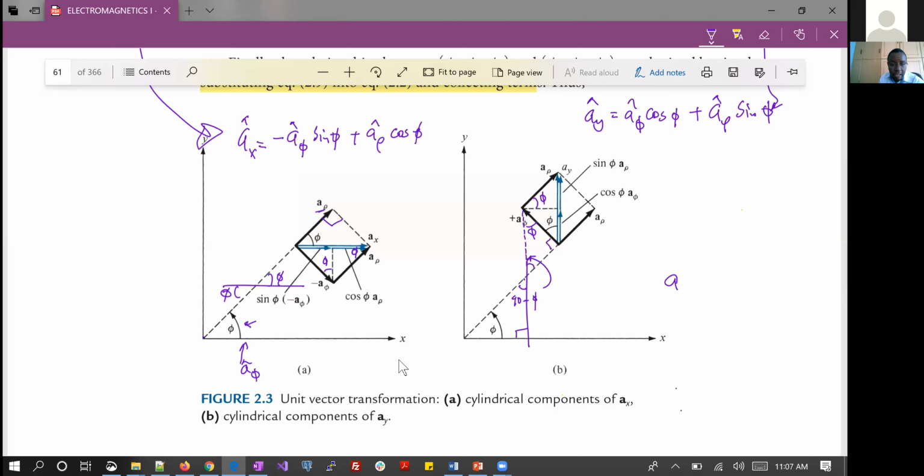Since it is moving from x to y, if this was my point of contact, and you want to look at the tangent, it would be a straight line in that direction. And this would be my unit vector a_phi. That is the direction. And if we were to consider it in the reverse direction, it would be negative a_phi. And we have said that